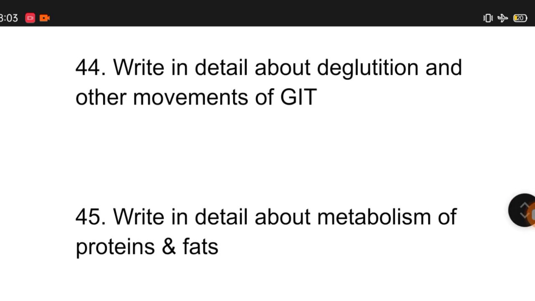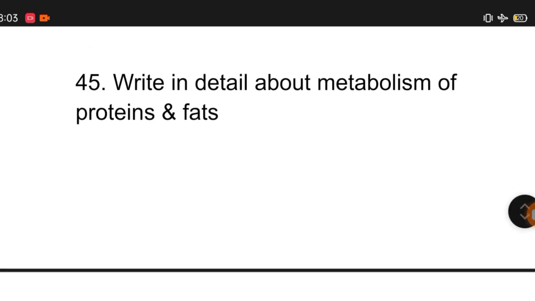Next question: write in detail about deglutition and the movement of the GIT. Same movement. Write the details about the metabolism of protein and fat, meaning the digestion of protein and the digestion of fat you have to write. If you mention both in the form of a table, you will get marks. If you write in paragraphs, they